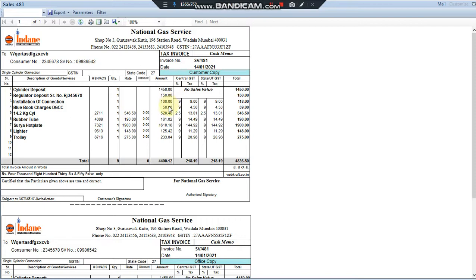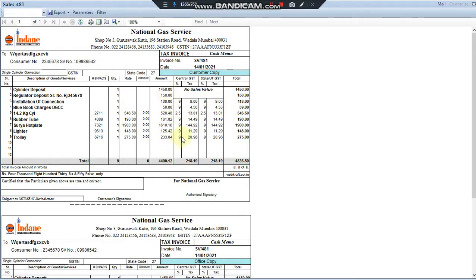Thereafter, installation of connection and blue book charge are service charges which attract GST at the rate of 18%, 9% CGST and 9% SGST. Most of the items attract 9%, and refill attracts 5%, that is 2.25% CGST and SGST.